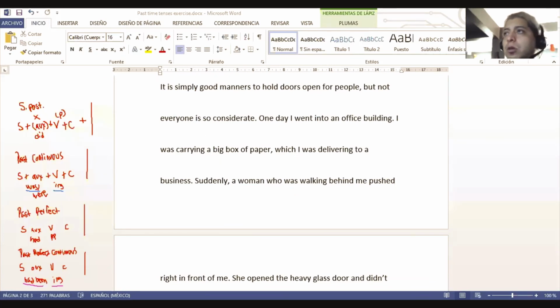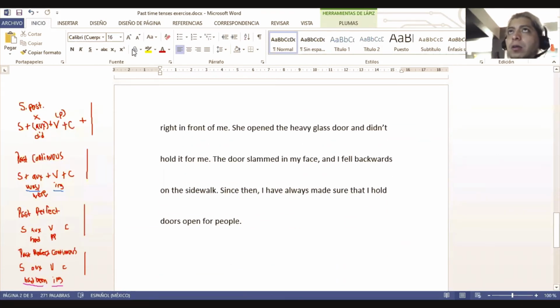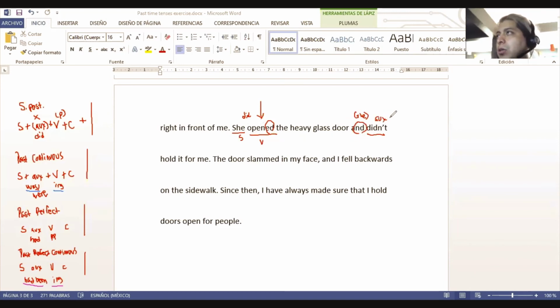Ok, so it says, this is the final part. "She right in front of me" — she is the subject. Opened is the verb in the simple past; the auxiliary is did. This is the main point of the story. She opened the heavy glass door and didn't... the subject is "she," the same person. When you're using "and," you're connecting it to the other one. And she didn't, this is the auxiliary with the negative, hold, this is the verb, she didn't hold it for me. So this person pushed in front of him, she was in front of him, he opened the glass door,